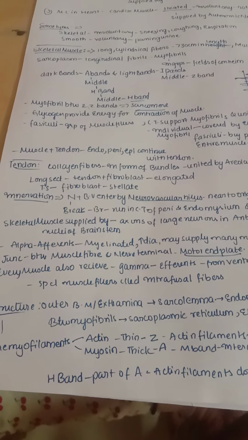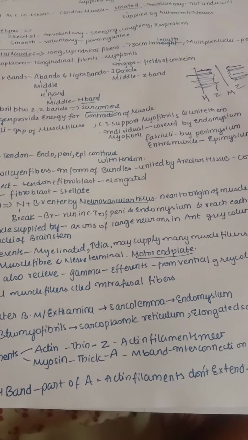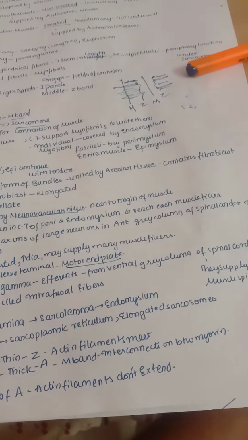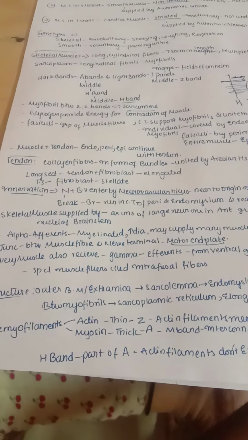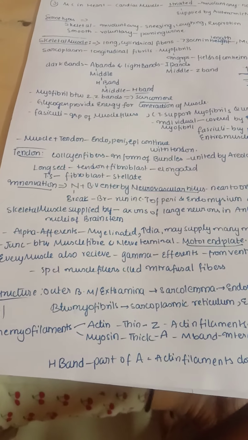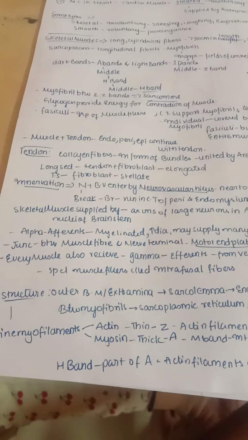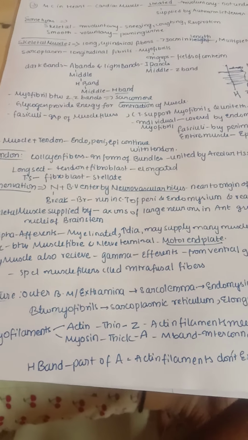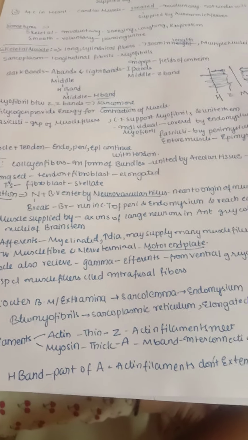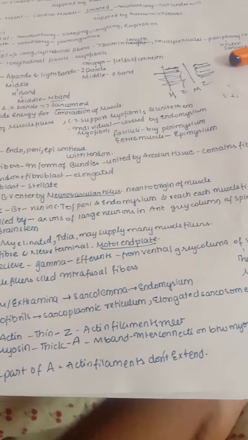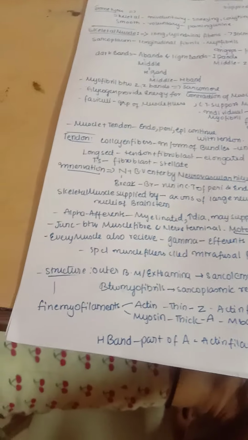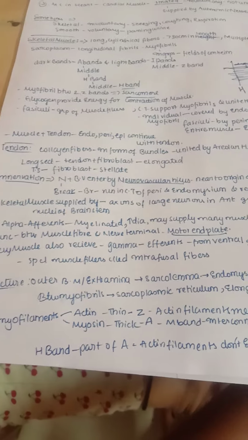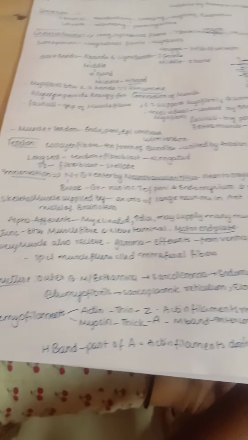So the skeletal muscles are supplied mainly by axons of large neurons in the anterior gray column of our spinal cord, and also from the nuclei of the brainstem, the respective nuclei. And the alpha efferents are mainly myelinated, have a larger diameter, and may supply many muscle fibers. So the junction between the muscle fiber and a nerve terminal is called a motor end plate, and